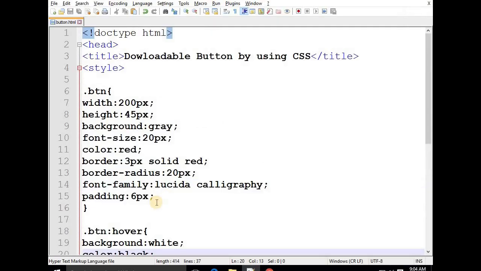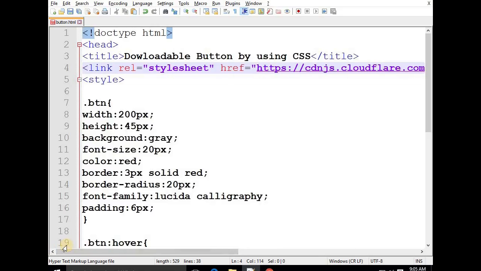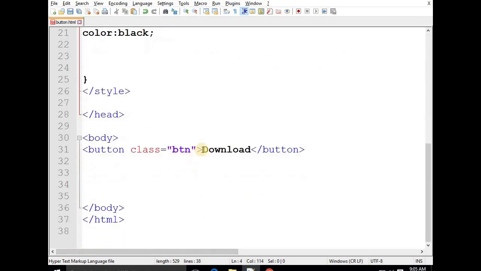So now the question is where I'm going to paste it. Here, paste. Okay, and make sure that whenever you are going to work with any kind of Font Awesome icon, then an internet connection should be there in your PC, because without an internet connection we won't be able to get that particular Font Awesome icon, wherever we want it. Next is I have to put